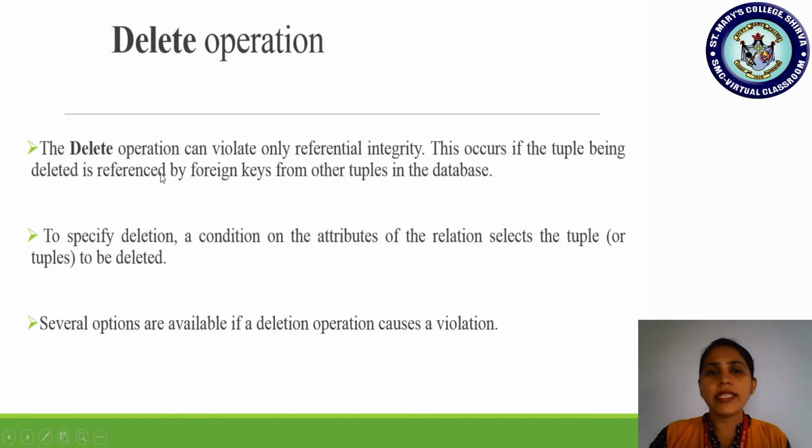an employee is working in which department? John Smith is working in department number 5. So in that employee relation, now assume that you are deleting the John Smith record, but that employee relation is referencing which one? The foreign key it has, department number 5. Okay, let us take that example. I'll show you with the table of information.